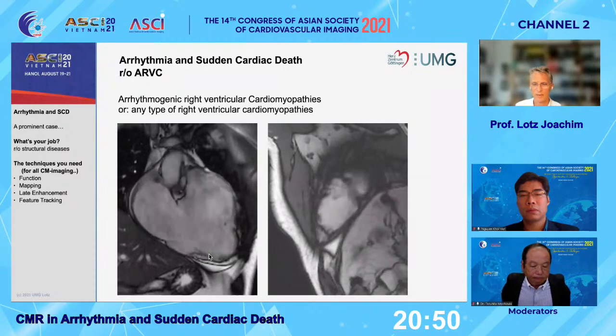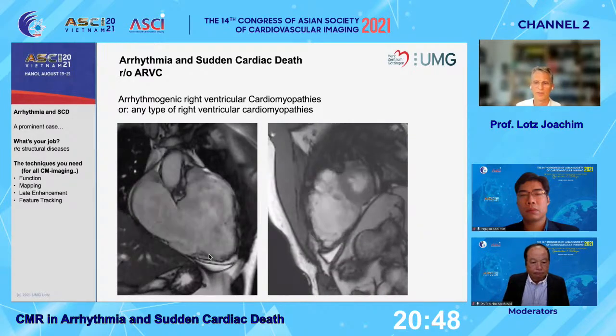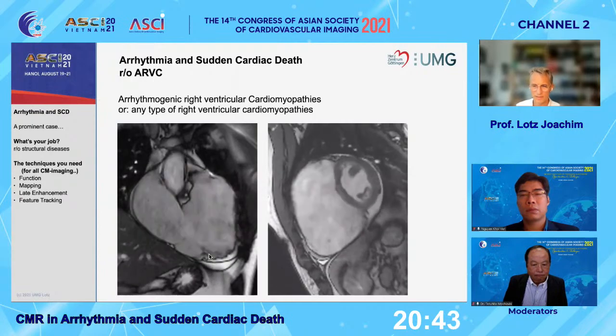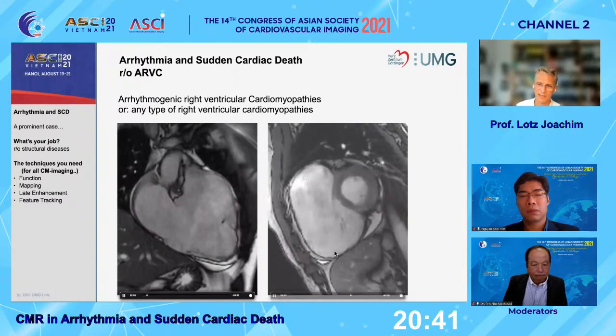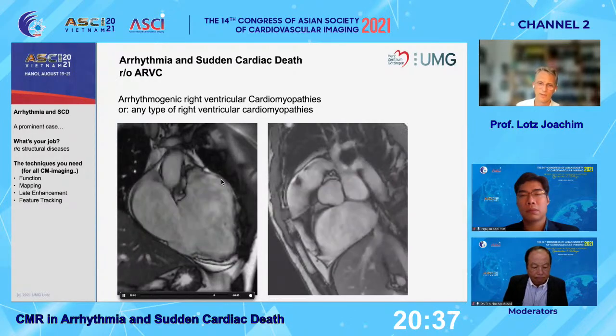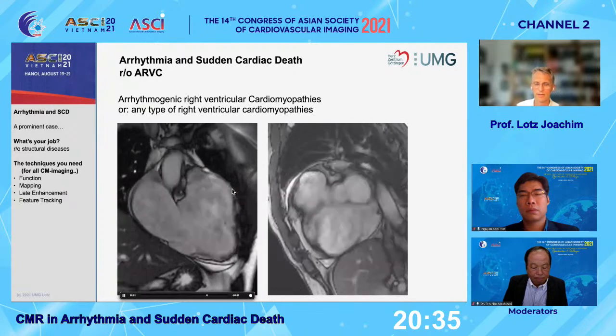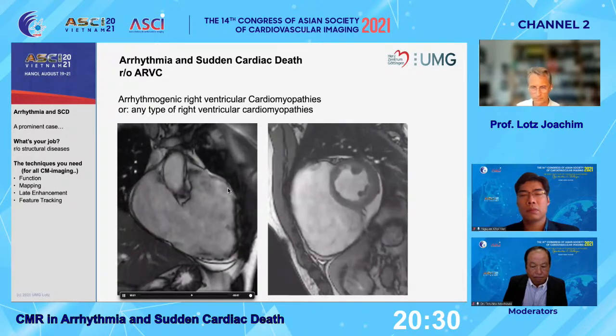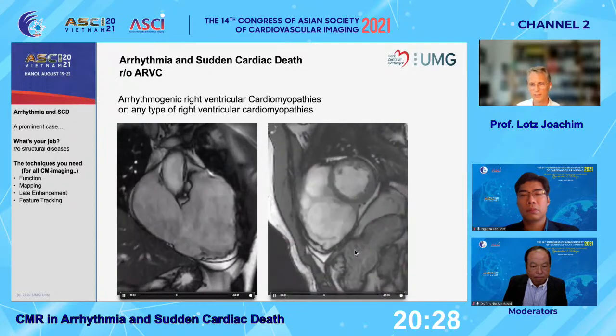This is quite an extensive example, which nicely resembles what we have to expect. You see this excessive right ventricular dilatation. You might see systolic outward movement in the sense of a right ventricular aneurysm formation in the free wall of the right ventricle